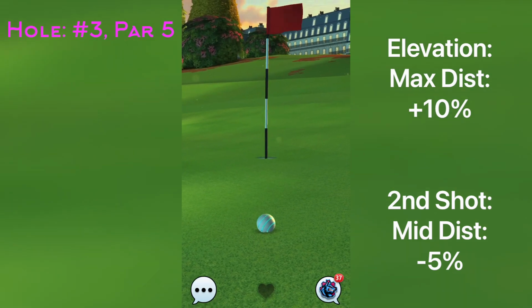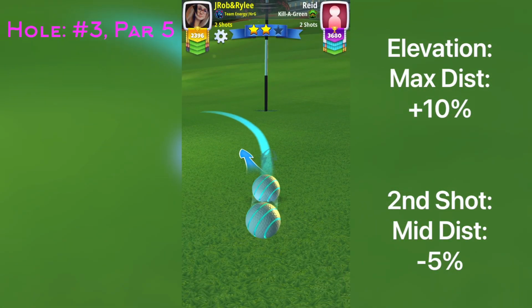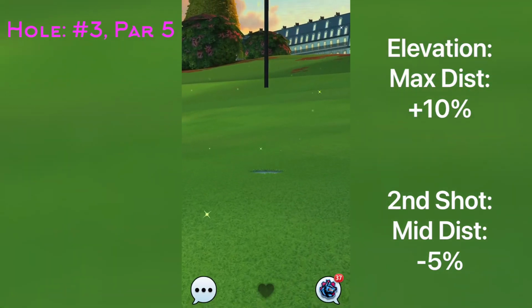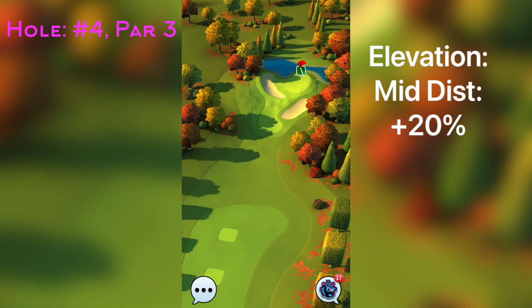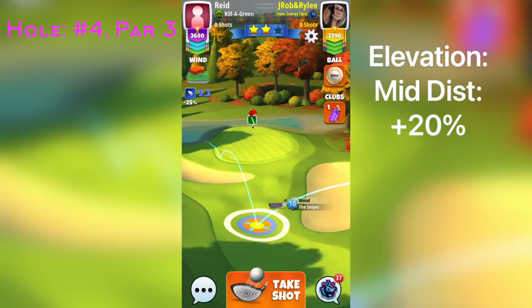So another one of these courses here, kind of like Gokasho last week, that's going to be all about really checking your club distances and making sure that we make the right adjustments here to really land a lot of those much needed shots. So good luck. But okay, guys, that is going to lead us over now to hole number 4, par 3